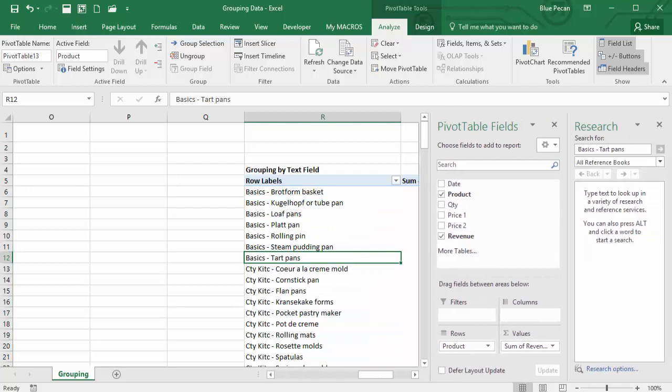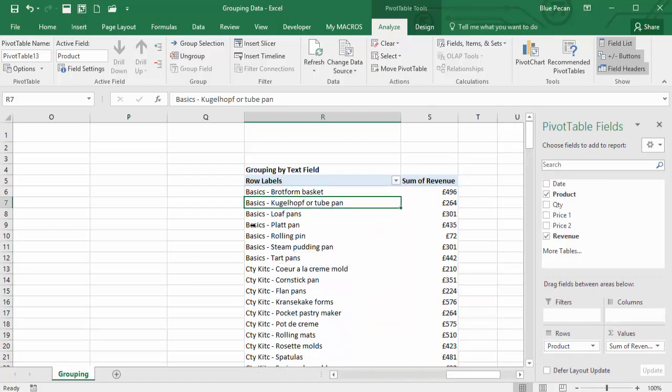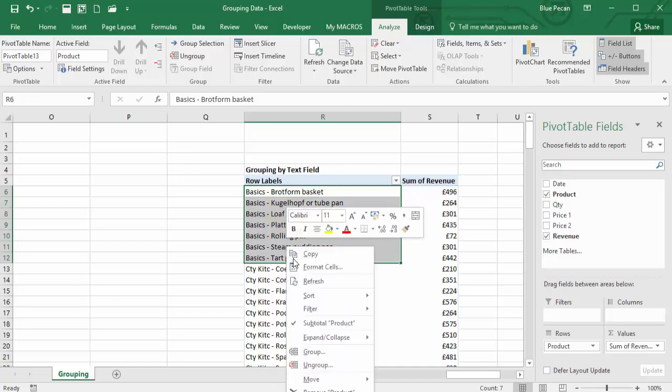So let me try that again. That's all come up. I'm not sure why that's come up. So you would select an item, and then you'd say control, select another item. You can see it selects non-consecutive items. We don't want that. We want to select consecutive items. So click on the first one, shift, click on the last one, right click, and go to group,